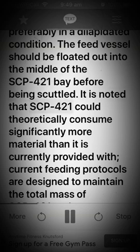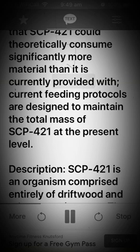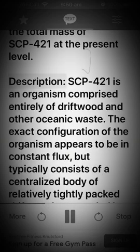It is noted that SCP-421 could theoretically consume significantly more material than it is currently provided with. Current feeding protocols are designed to maintain the total mass of SCP-421 at the present level. Description: